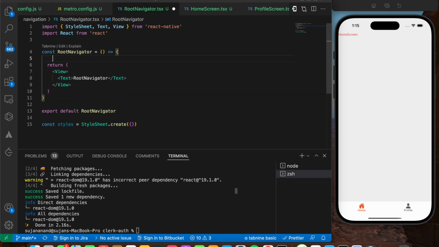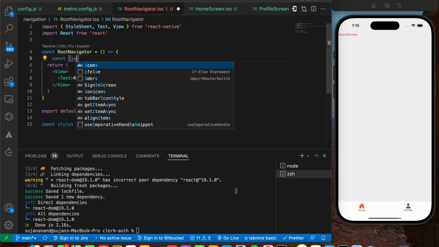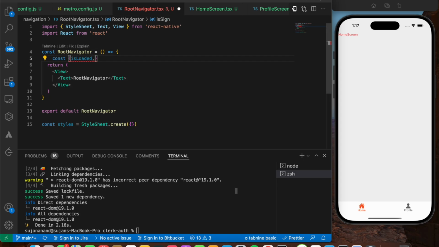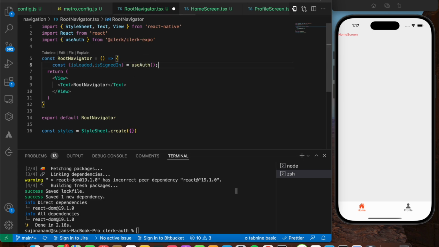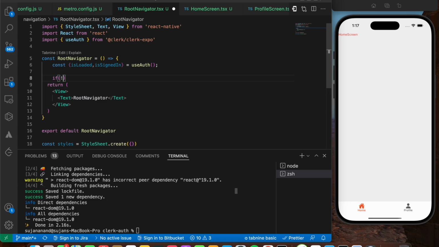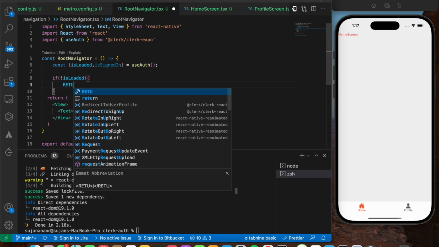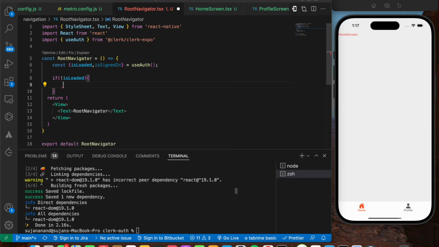So here I'm going to say const, I'm going to get isLoaded as well as isSignedIn from Clerk. Okay, it's going to be equal to useAuth. Import that from Clerk Expo. Here I'm going to say if not isLoaded, then just show some loading screen. I'm directly going to say return